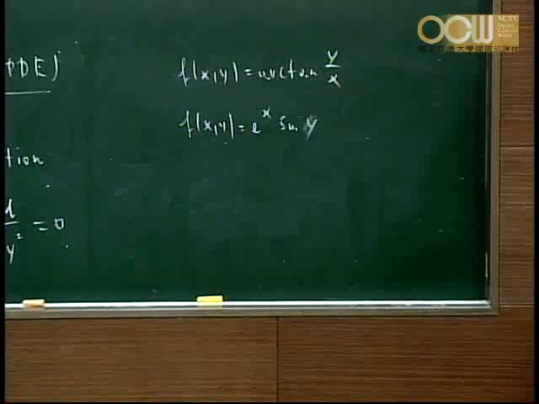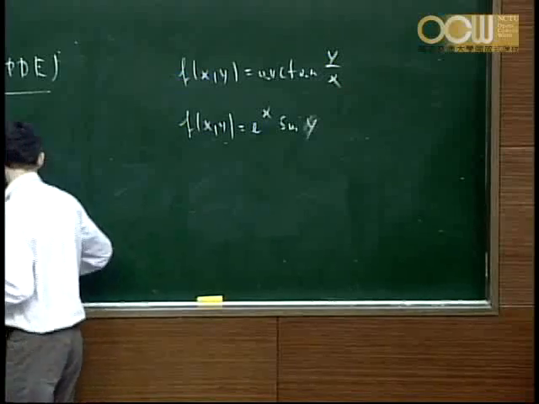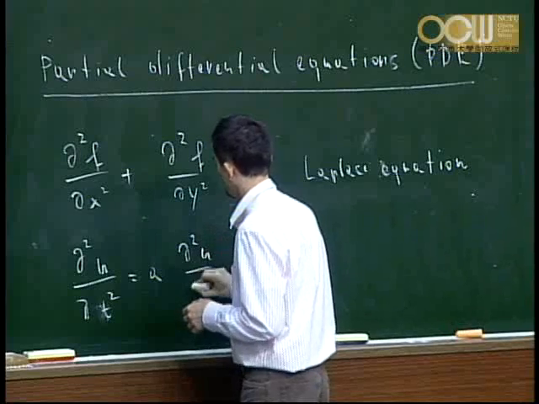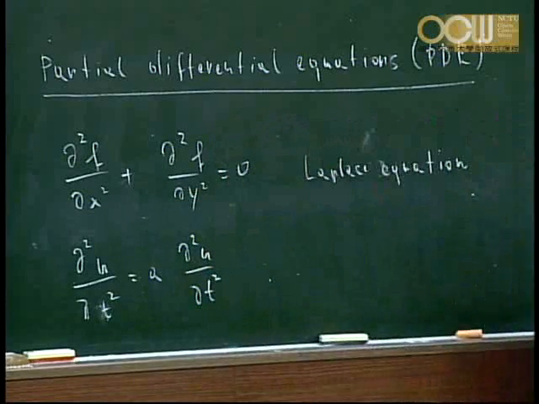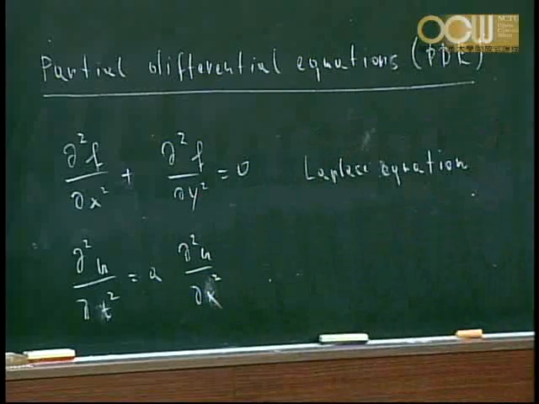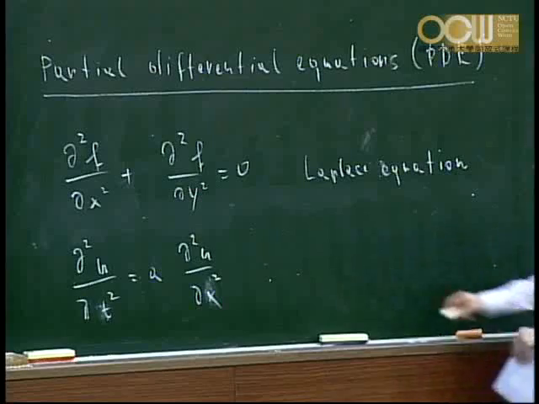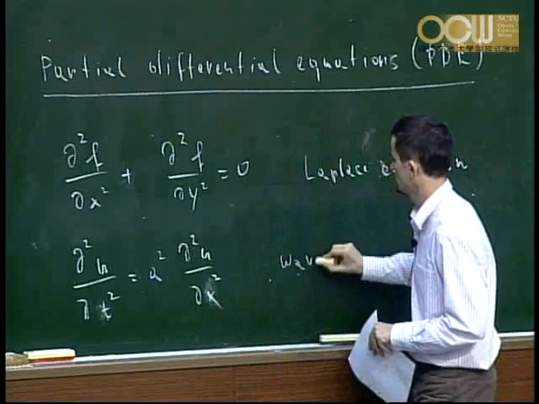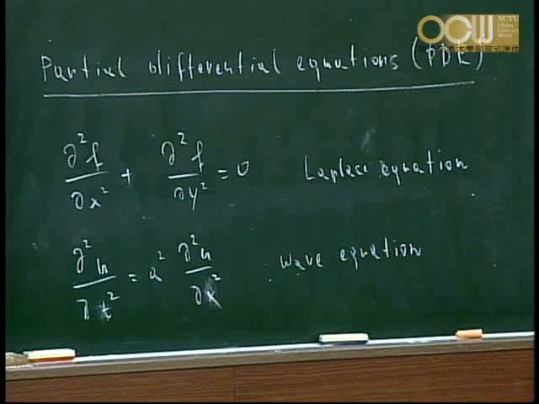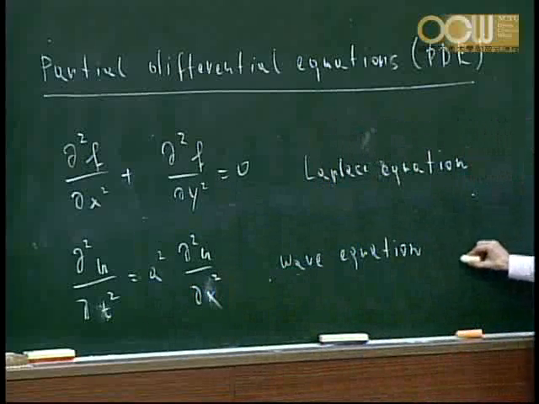Another one is the so-called wave equation. This one. This should be x here. And normally we write here a square. So this is the wave equation. And normally whenever you study waveforms, you will encounter this equation here. So for instance, if you look at the string of a violin,